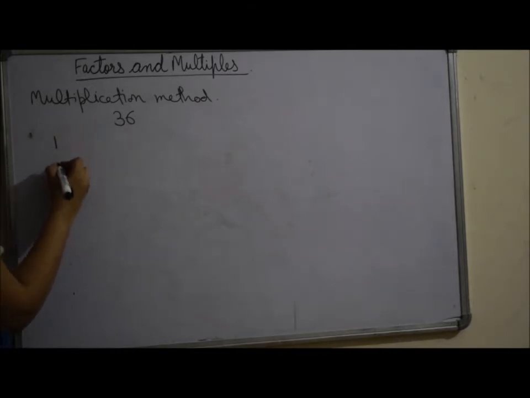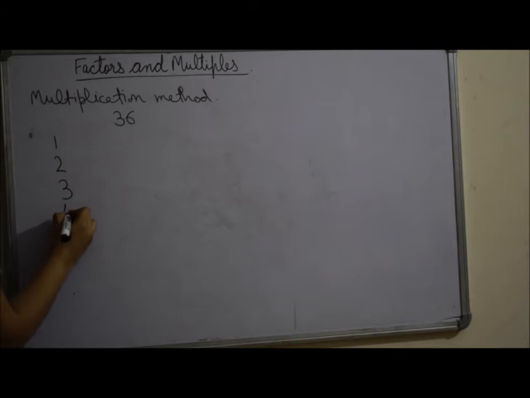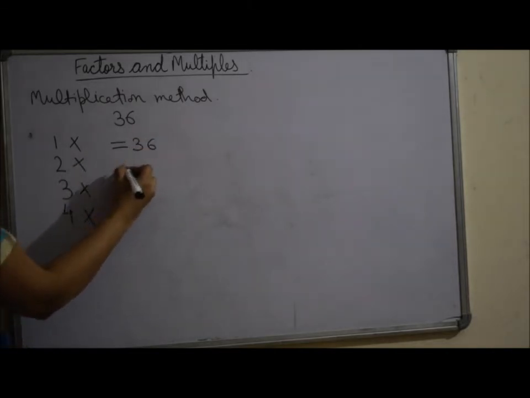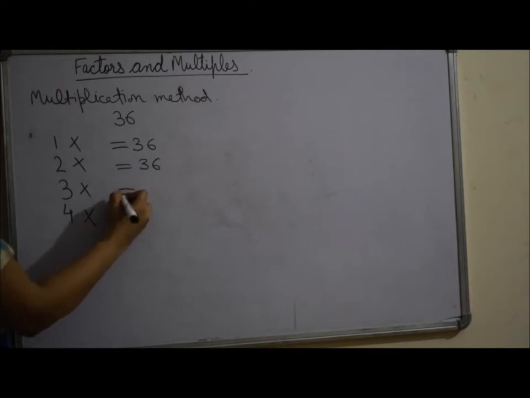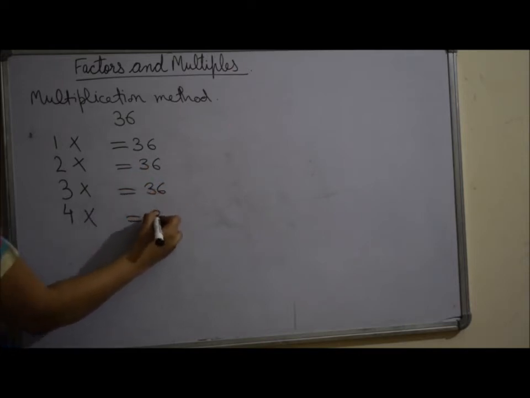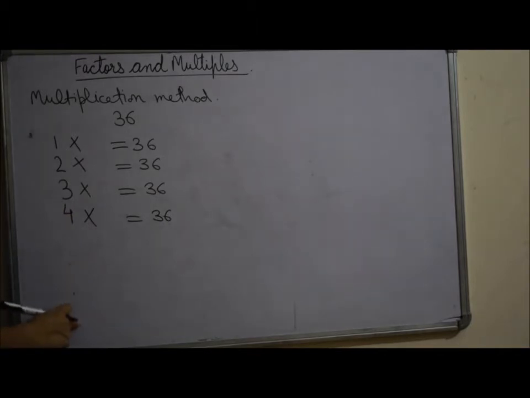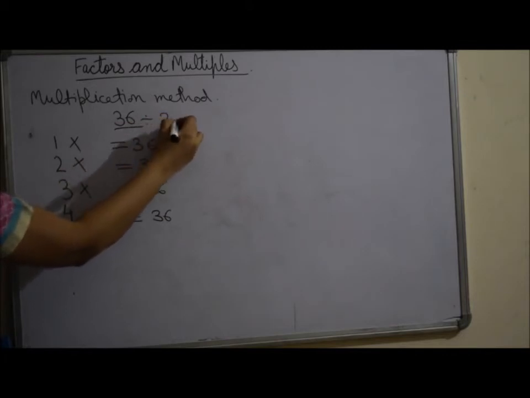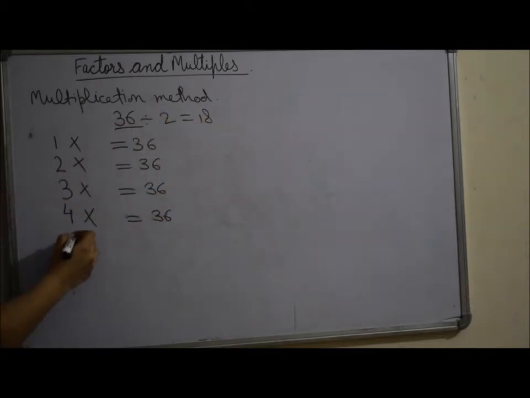We will multiply whole numbers 1, 2, 3, 4 and so on with other whole numbers to get the product 36. Now the question is till which number we will try. So there are two ways. One is to see the half of 36 which is 18. So you know that you have to check maximum till 18, but you need not go till 18. You will stop before that only. Where to stop, I'll explain, but the maximum that you have to go is till 18.